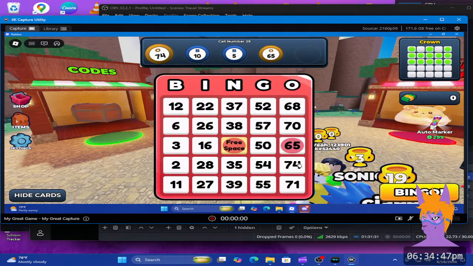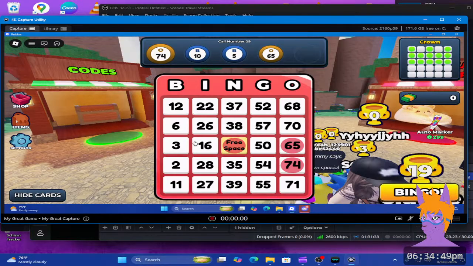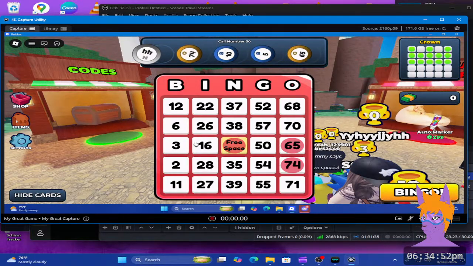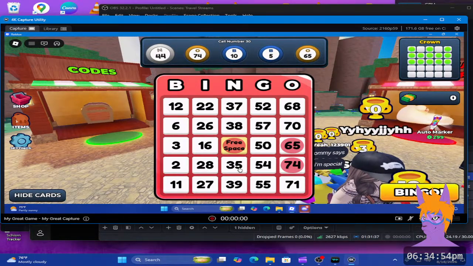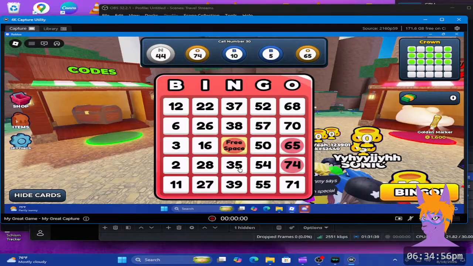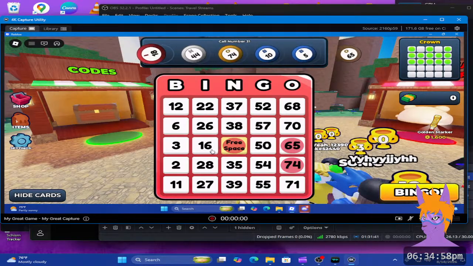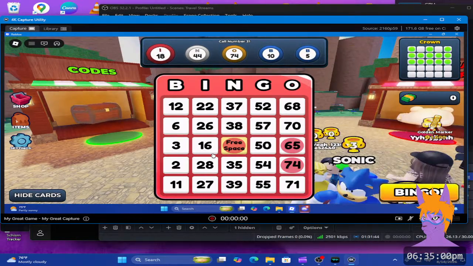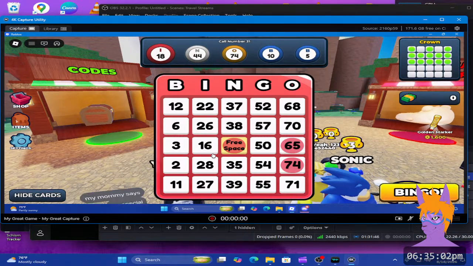Volume 100%. Oh, jeez. Yep, this is just what you think it is. It's just regular bingo. All right. So, as we start this particular game here,